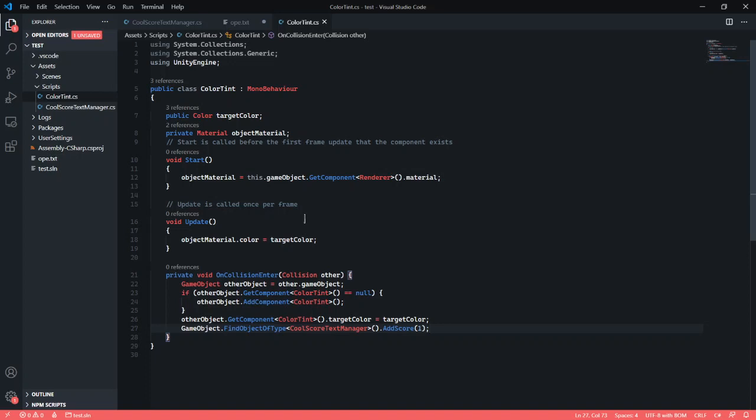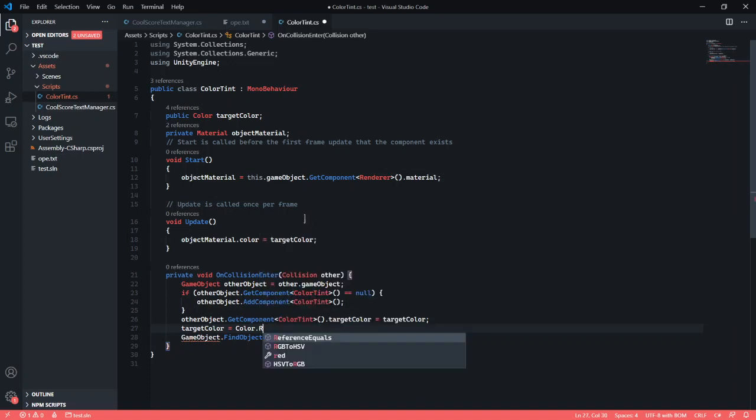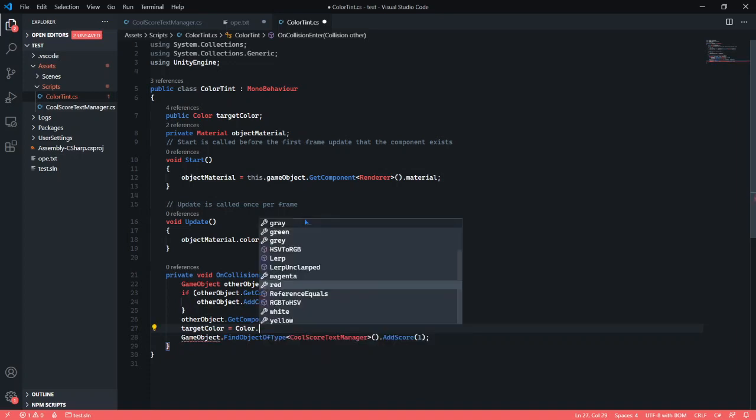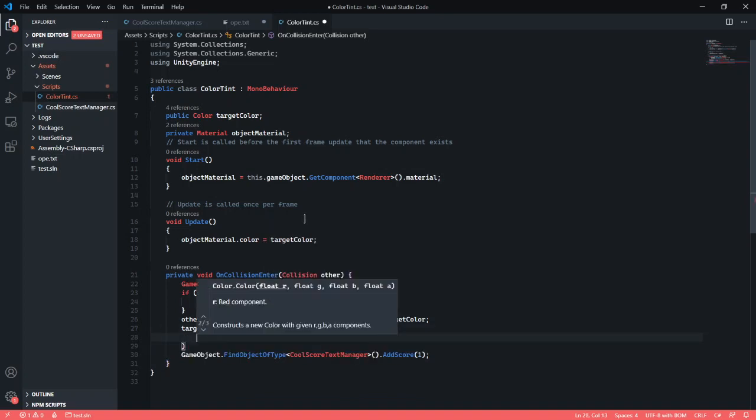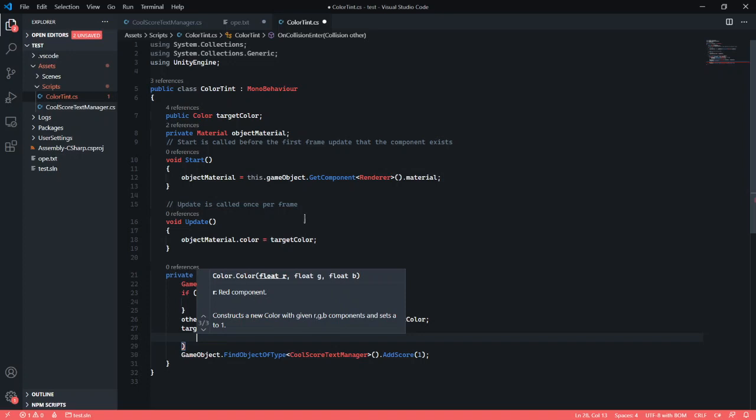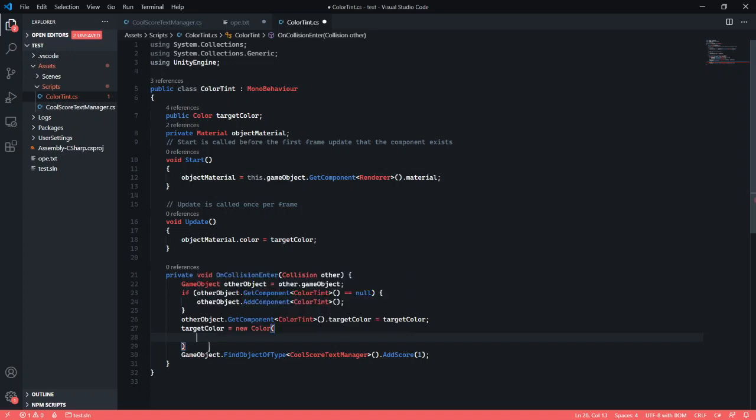And you know what I'll do just for fun? I'm going to say target color equals color dot, do we have random color? Well, we'll do new color. We'll do float RGB, and we're going to